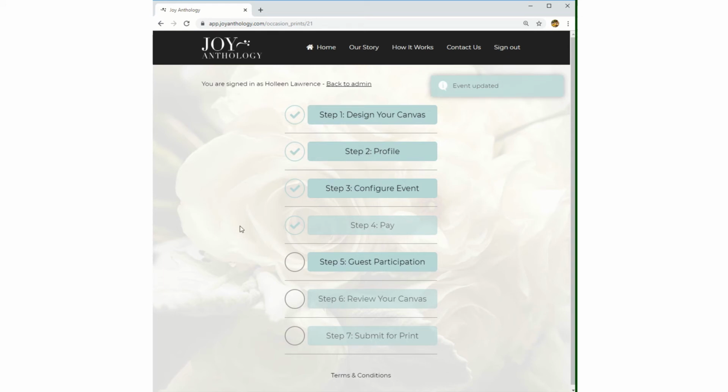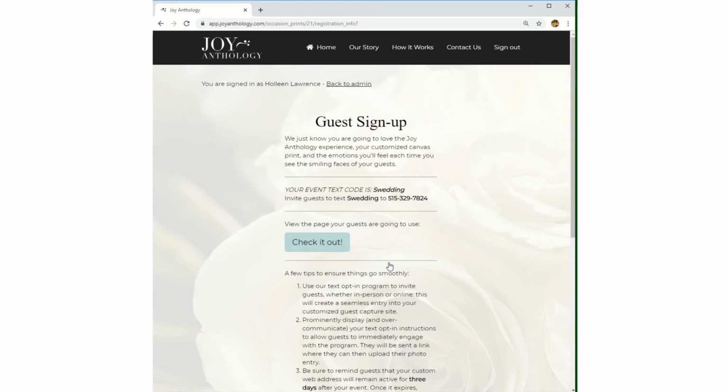Now comes the fun. It's the guest participation or guest experience. Now this is where you see your code. This is where you see the telephone number, the 515-329-7824 number. This is what you want on your wedding guest experience signage for your wedding day. The signs that you're going to have on your guest book table, signs that you're going to have at your